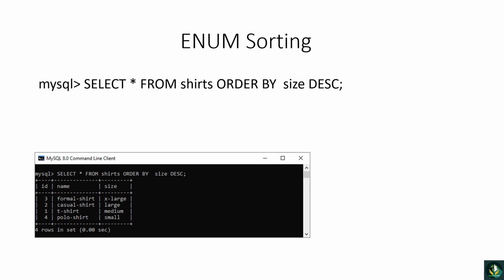MySQL sorts the enumeration values based on their numeric indexes, which depend on the order in which we have defined them in the column specification. For example, if we have defined the enumeration as enum B, A and C, then B comes before A, then the empty string comes before C, which is a non-empty string, and the null value comes before the other values. So if we do not want unexpected results with the enum data type using the ORDER BY clause,